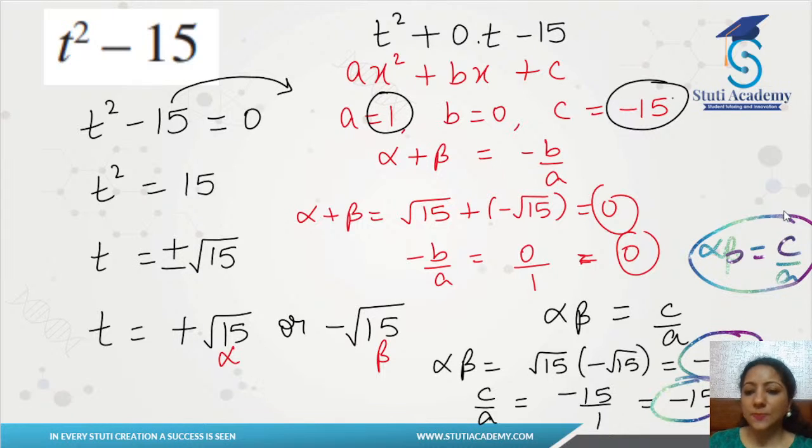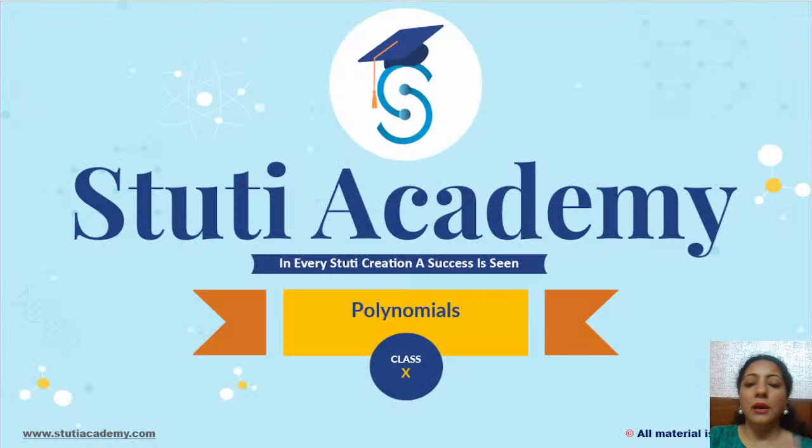I hope, children, the concept is clear to you, and please practice before you come for the next class. We'll discuss a few more questions based on the same concept, and also in tomorrow's class, we are going to learn how to form a polynomial when the zeros are given to us or when we know the sum of the zeros and the product of the zeros. So we are going to discuss this in detail in the next class, and I request you all to practice before you come for the next class. Please go through NCERT and whatever doubts you have, please come